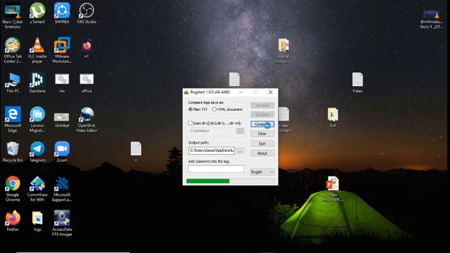But what is this specially used for? Suppose you created a malware, and you want to see what that malware does on your system. So what's the effect of that malware? In that case, you will first create one snap that will be your normal snap. After that you run that malware, worm, trojan, whatever you have, you run that virus on your computer, and after that you take the second shot. In that second shot, the changes that were done by that malware will be captured. So now you just need to do compare.